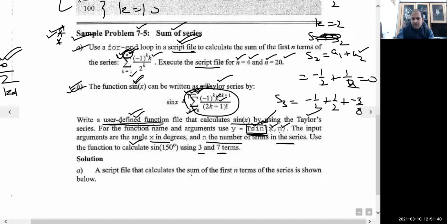So here what is written is that we need to make a user defined function file. Here you have to make a function file, there a script file. This is the difference in both the programs. To calculate sin x by using the Taylor series, for the function you have to name the file function name